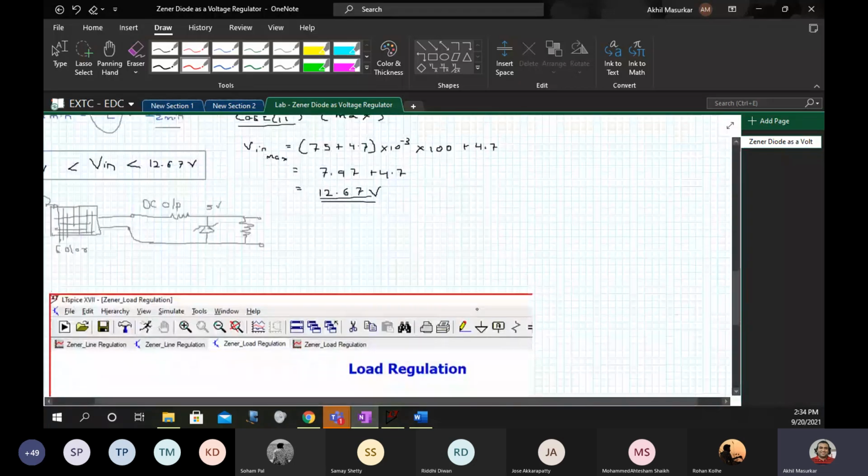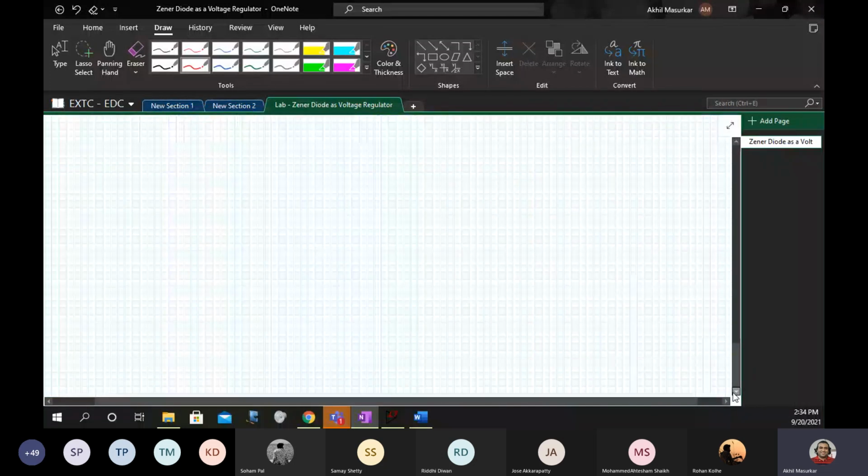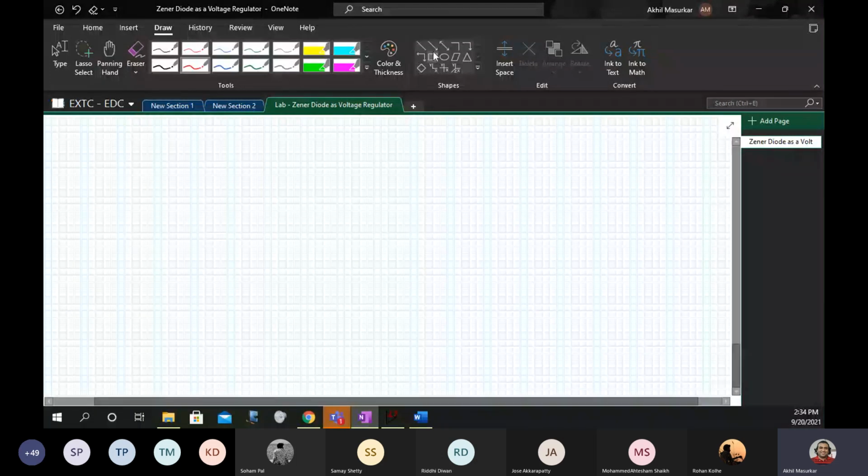So what are the charts that you have to keep ready now? Some charts that you have to keep ready with respect to load and line regulation are like this.